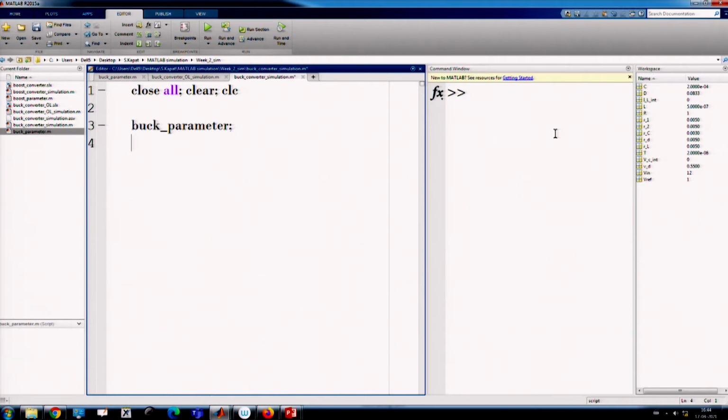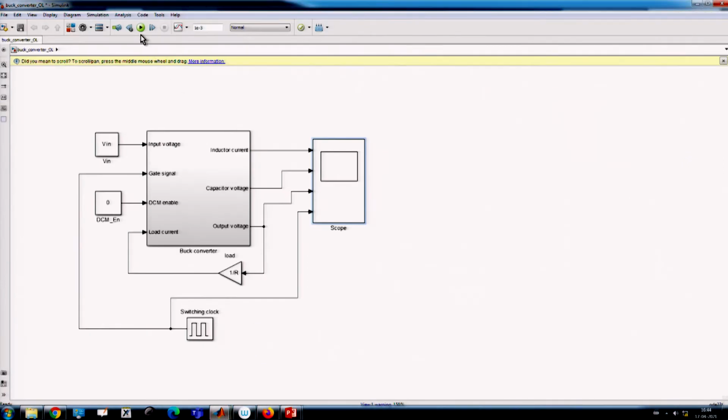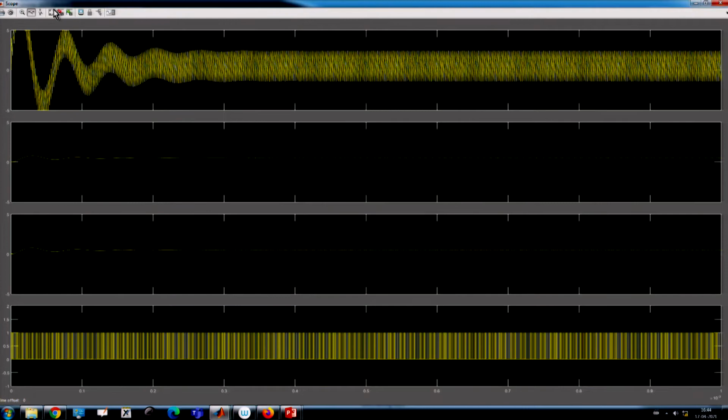Next, what is our next task? After clearing this, we have executed this parameter file. Now, you can customize the initial condition and everything separately here, that we will do. But before that, we want to first see the scope result. So, let us run this simulation again, because we have cleared everything. So, now it is running.